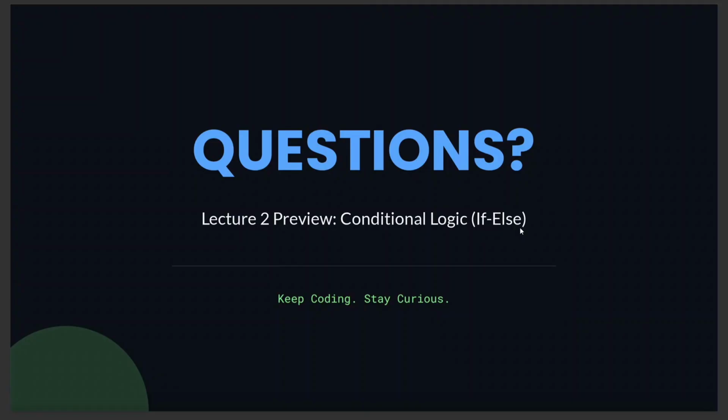And that brings us to the end of lecture 1. Today we covered a lot of fundamental ground. We looked under the hood of computer memory to see how variables act as storage boxes. We learned how Python uses data types to categorize text, whole numbers, decimals, and logic flags. We broke the beginner trap of the input function using typecasting, and we applied the IPO model to solve four